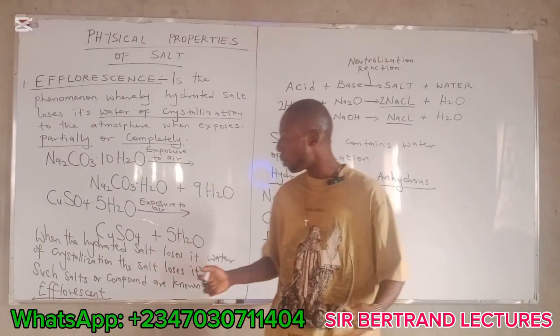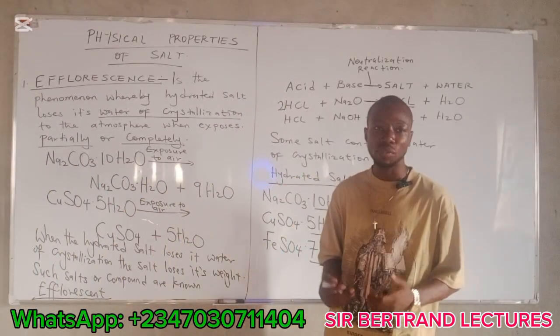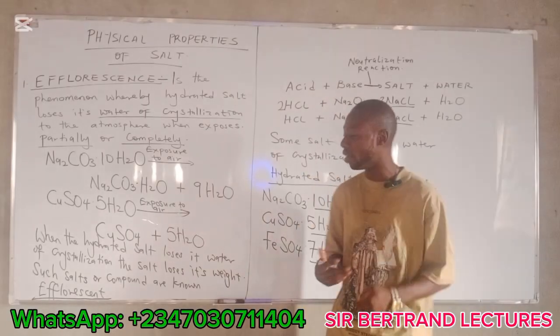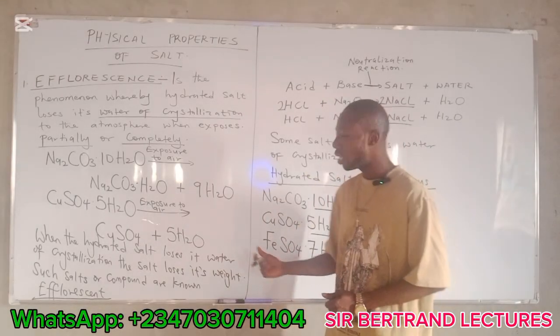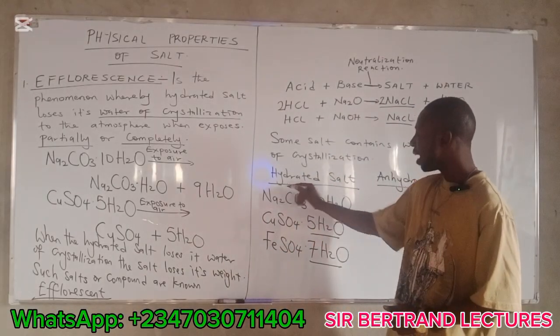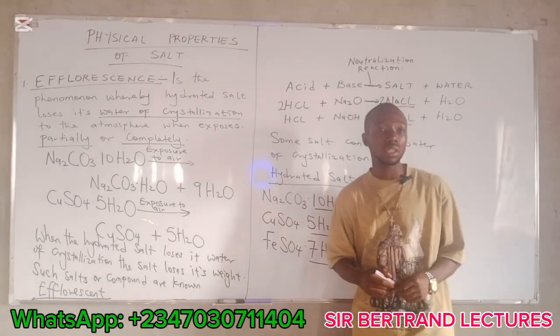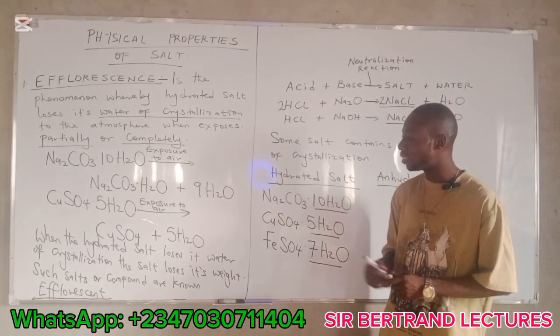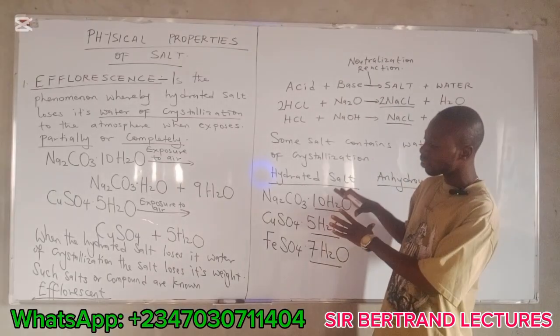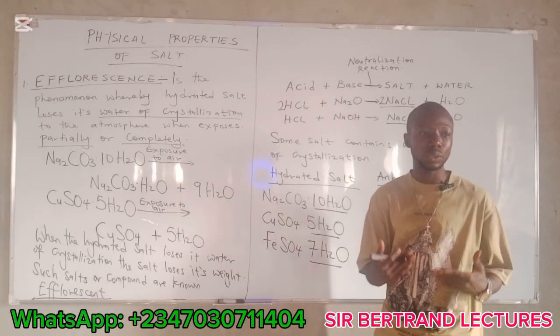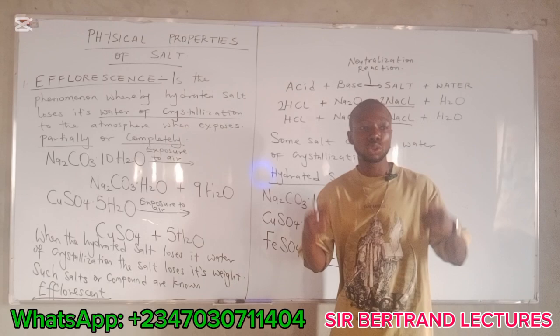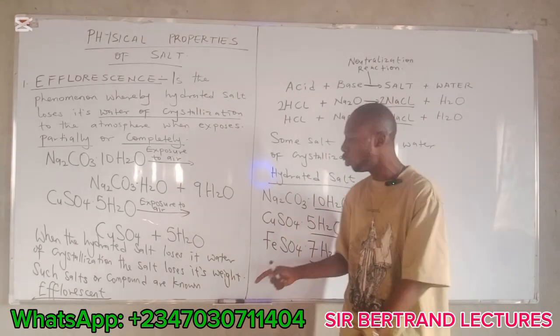The compound that loses its water of crystallization to the atmosphere when being exposed. Like I said, they are known as hydrated salts because this is the salt that contains water of crystallization. But this compound here that loses its water of crystallization to the atmosphere when being exposed,